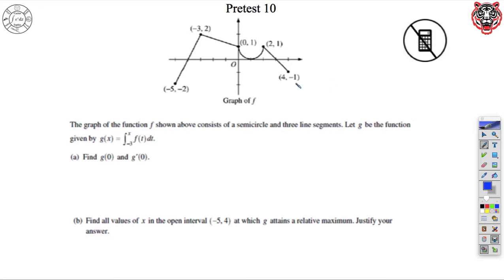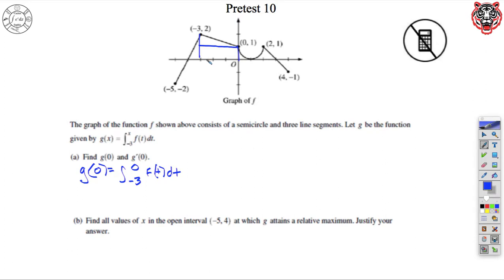AP Calculus Pretest 10 solutions. Let's go through this. G of 0. Plugging in 0 into my function, that gives me the integral between -3 and 0 of f of t dt. That means I'm looking at the area between -3 and 0, and I divide up the